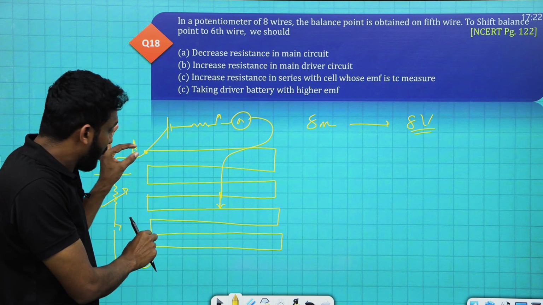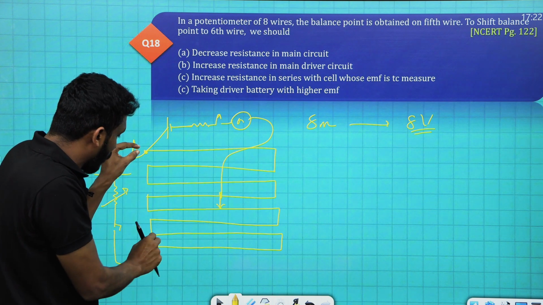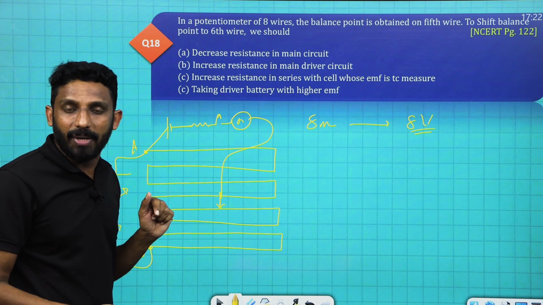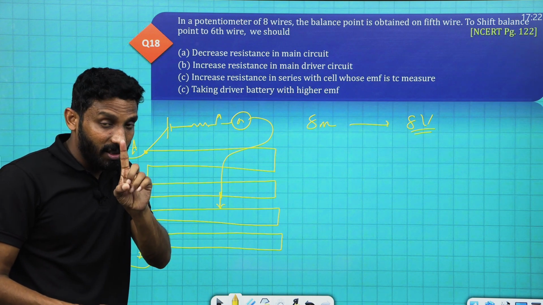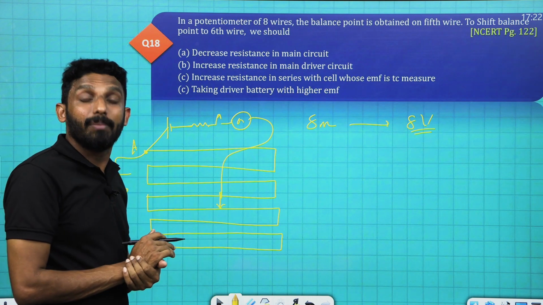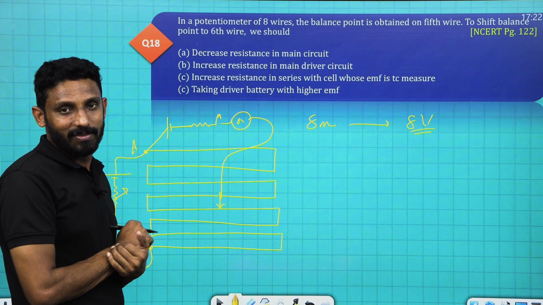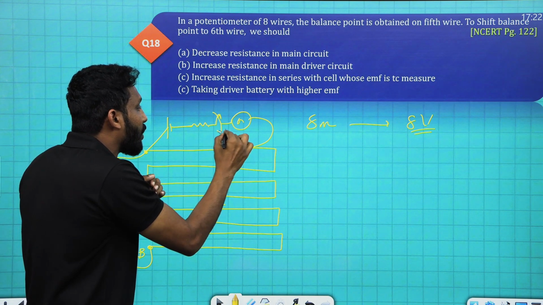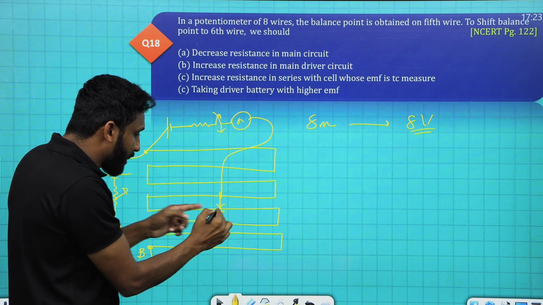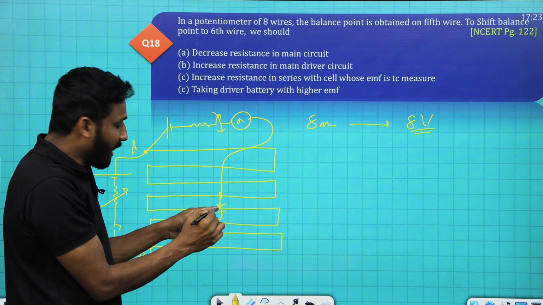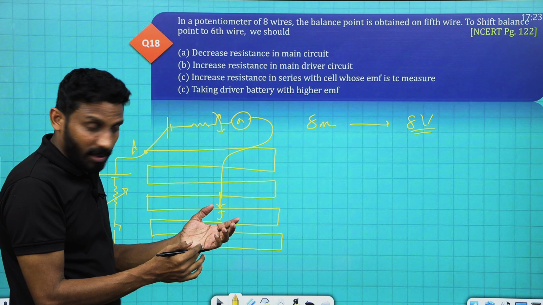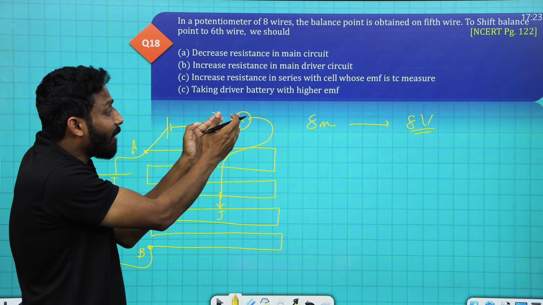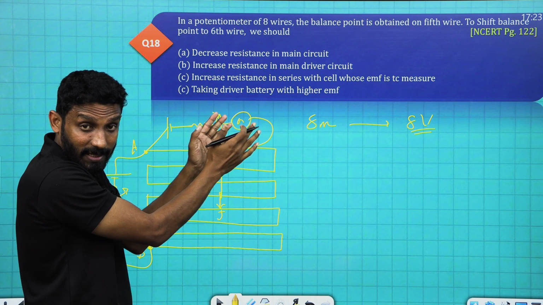For example, across 8 meter wire, a potential difference of 8 volt is applied. Then my question is, how much will be the potential difference across 1 meter? Across 1 meter, the potential difference will be 1 volt. Suppose we are closing this circuit and the jockey is pressed here, at a length of 5.5 meter, and the galvanometer shows no deflection, which means,